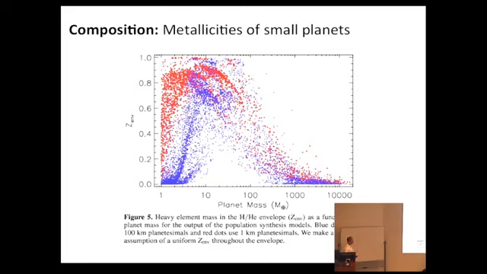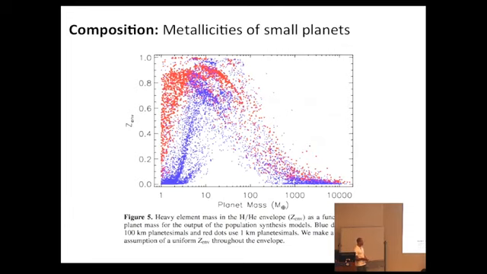And so to motivate this study of these objects, I'm showing a figure from one of Jonathan's papers from a few years ago, where he's actually trying to make predictions about the metallicities of planets' atmospheres based on core accretion model formation,